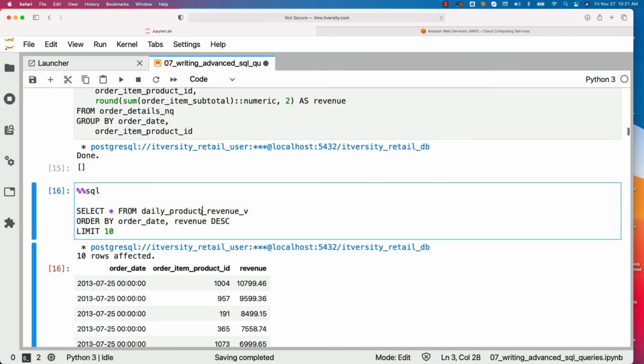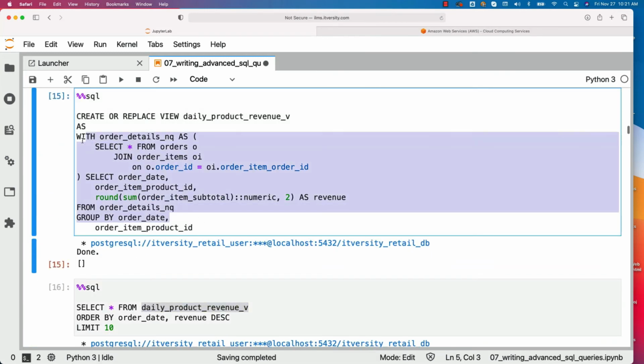Under the hood, the view logic is this one, which contains the named query. The Postgres SQL engine will take care of generating the explain plan for this query and get the results in an optimal fashion. However, we will understand more details about the explain plan, and the side effects of using views versus named queries versus direct tables, in the performance tuning techniques module. For now, just make sure that you understand the relevance of views and named queries. It is quite common that you have a named query as part of the view definition when you try to develop the logic for a very complex reporting requirement.